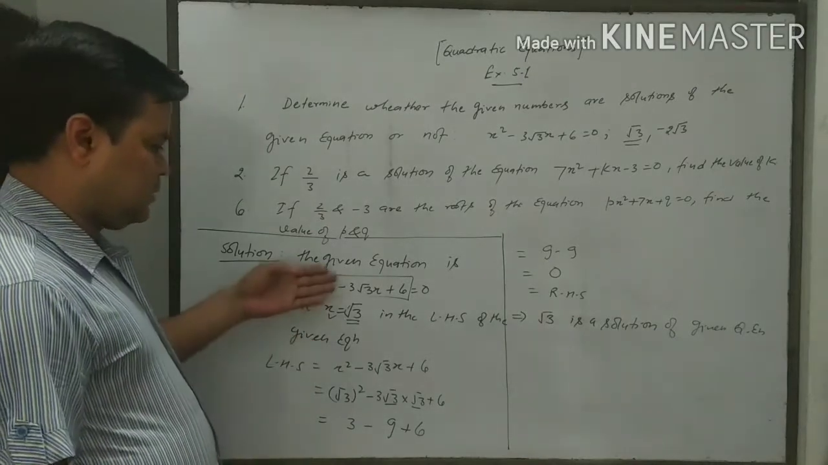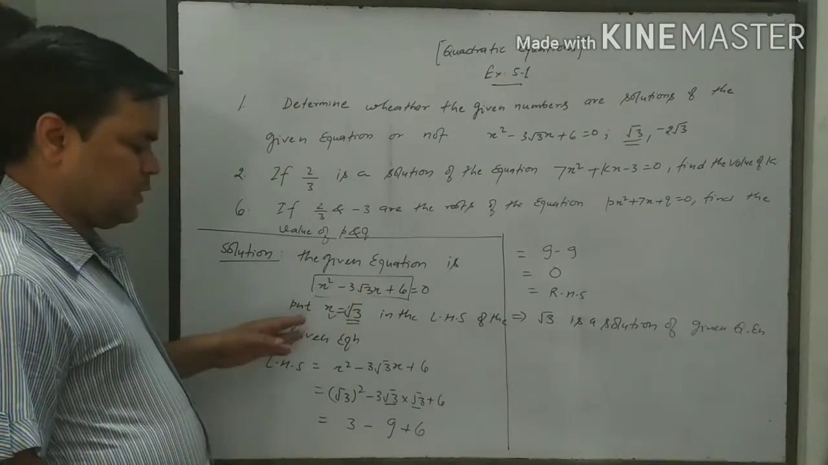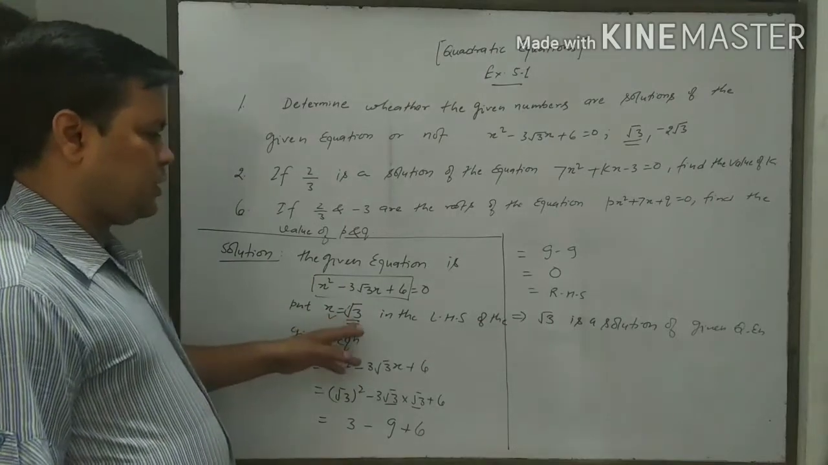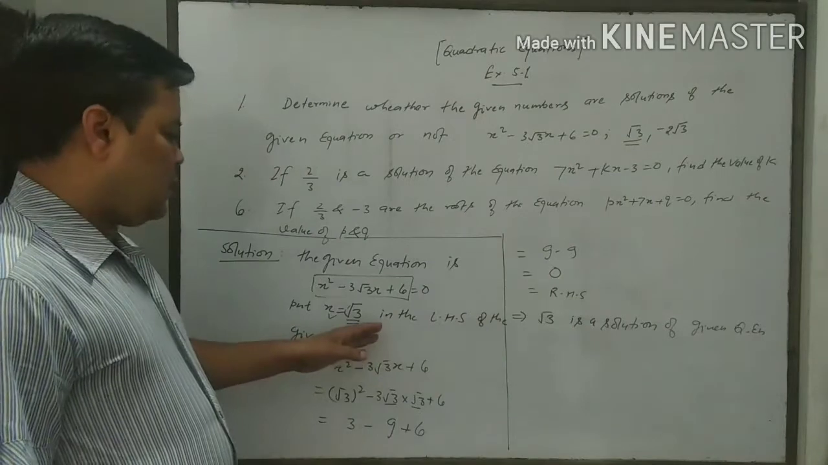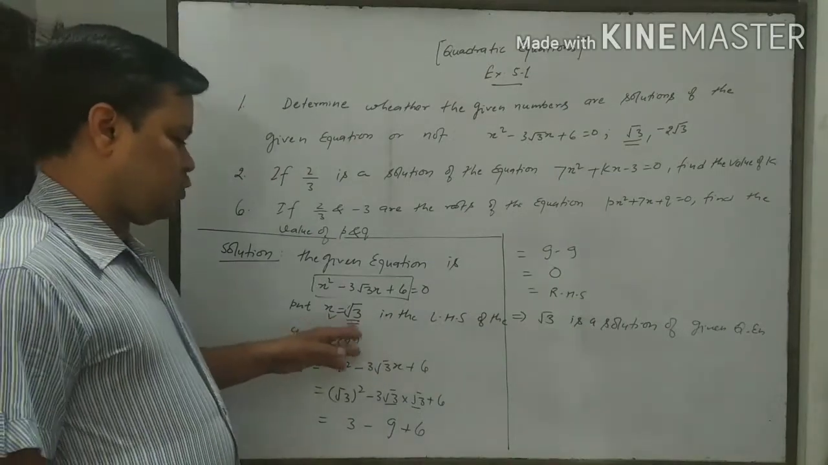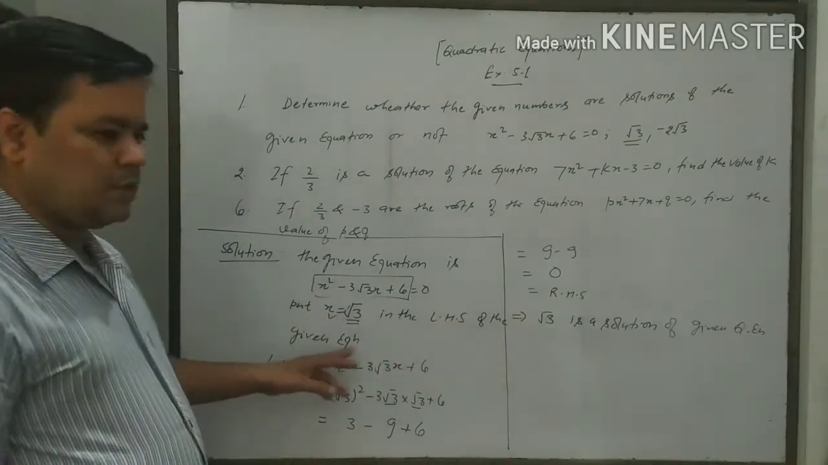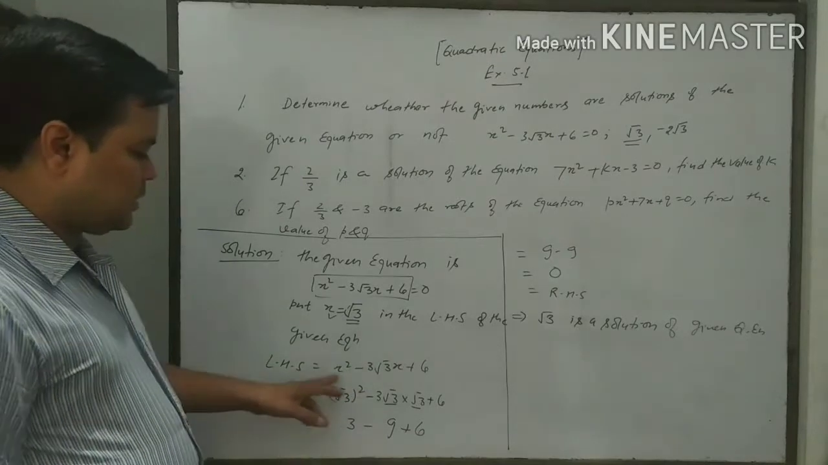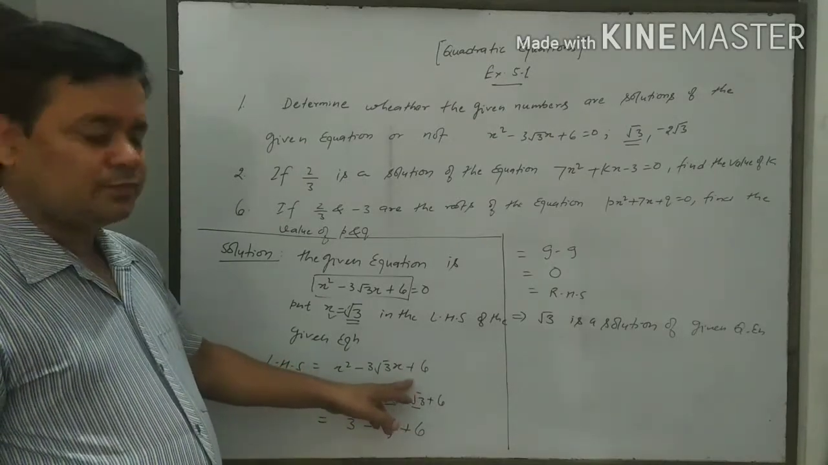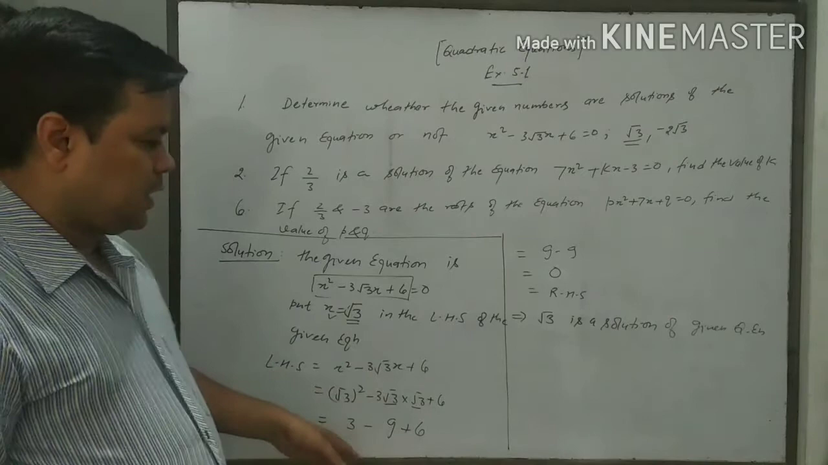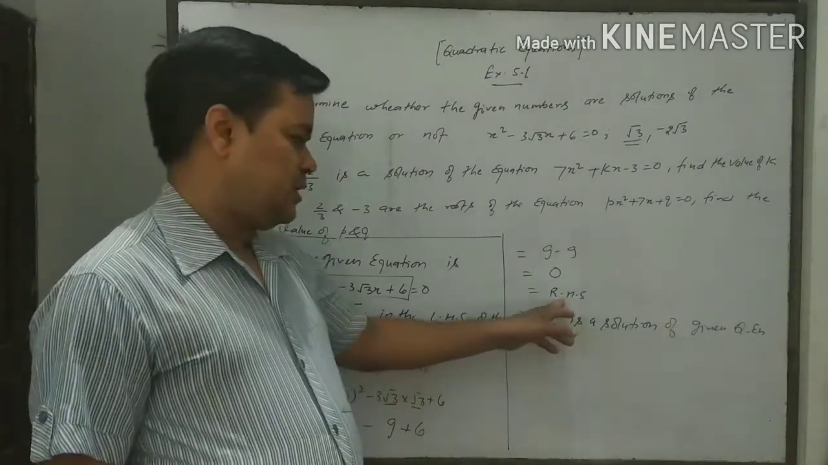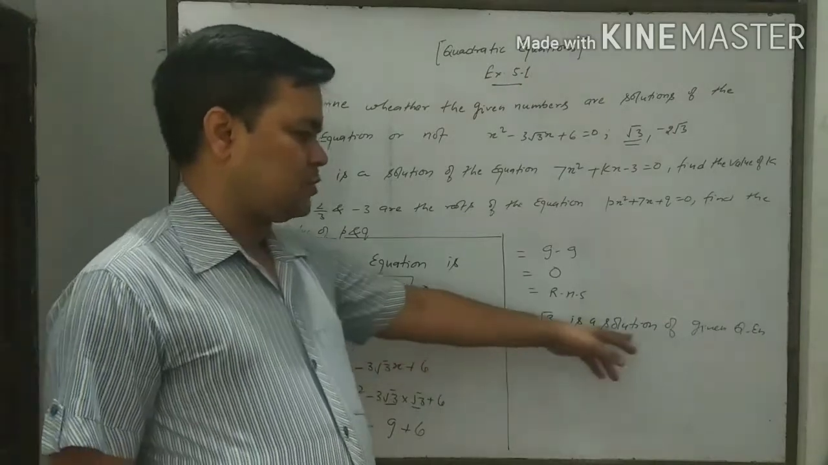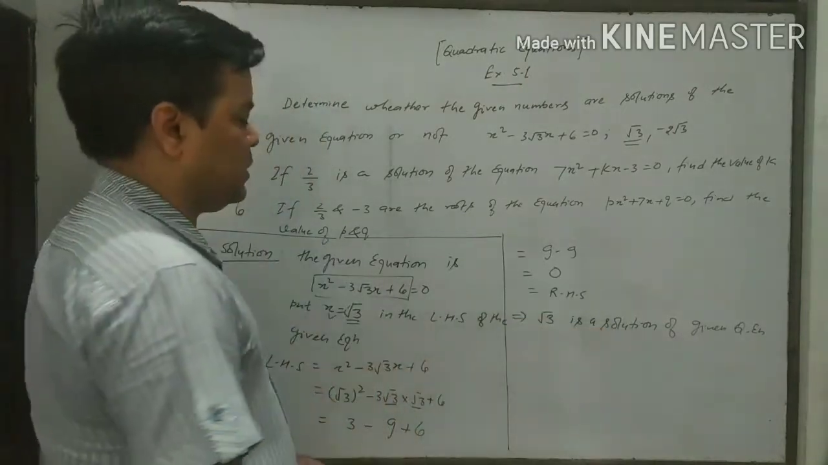First of all we write the given equation, then we put x is equal to root 3. From where do we take this root 3? From here, the question. And put x is equal to root 3 in the left hand side of the given equation. The left hand side of the given equation is this. Now put the value, and here we verify that the left hand side is equal to the right hand side, and therefore this implies that root 3 is a solution of the given equation. Similarly,